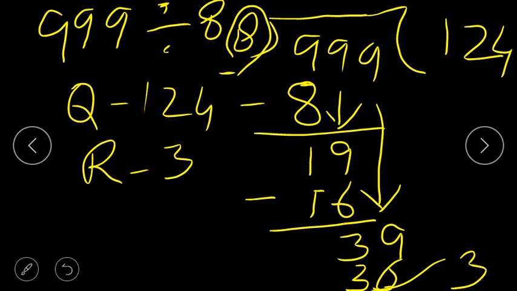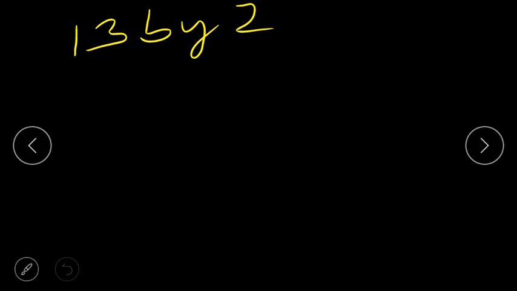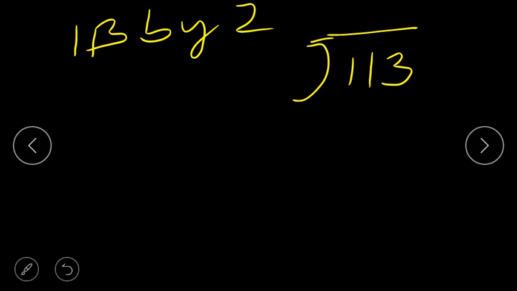Clear? Now we'll do some questions from page number 121, and here the number is 113. 113 by 2. Now divide 113 by 2. Now you have to read the table of 2. Here children, you had seen this 1. This 1 is less than this number, the divisor. 1 is less than the divisor. There are different rules. Okay. So this 1 will not come on the table of 2.